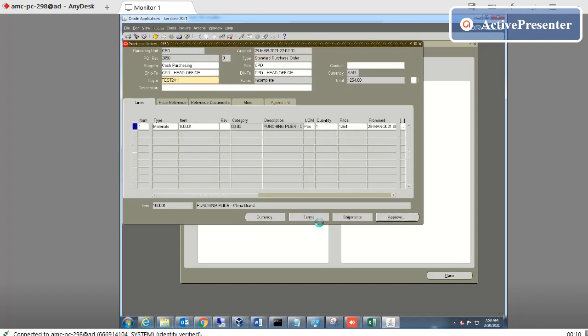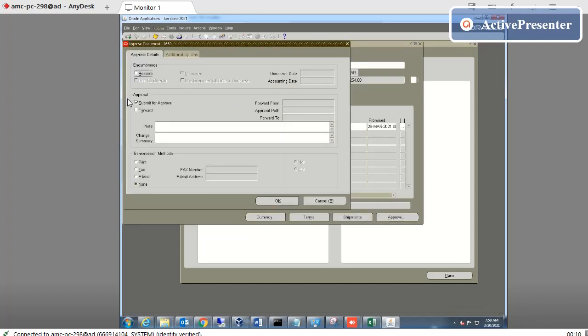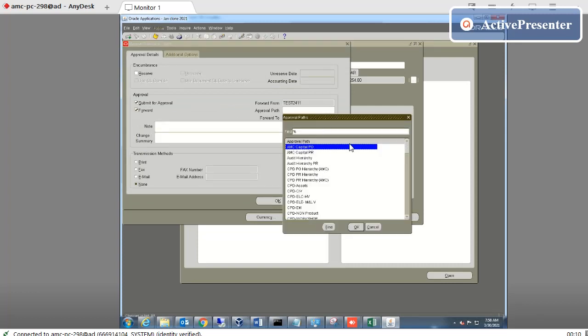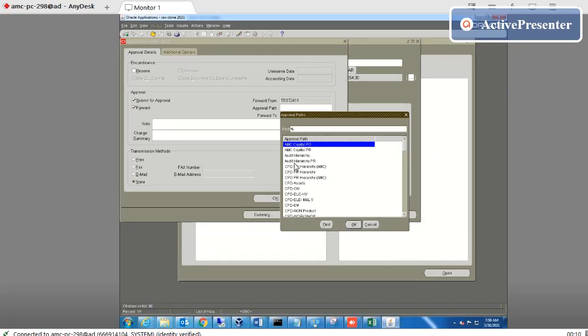When I go here, you will find the approval path there. See, how many reports are coming? I think 38 reports. See, the list of values has more than 38 reports.